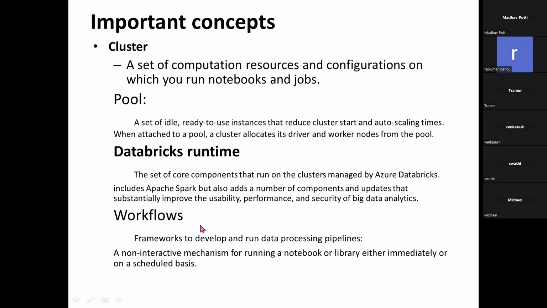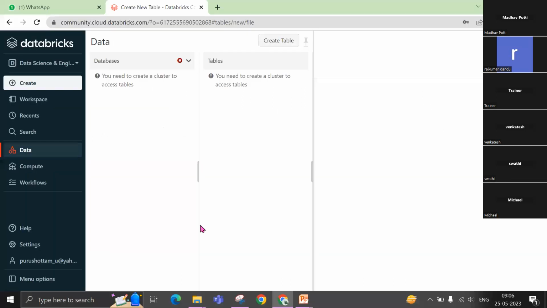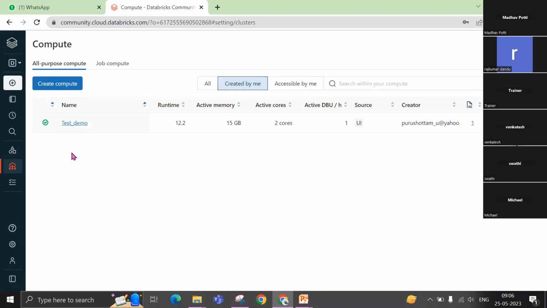Okay. So now the next one is cluster. What is a cluster? A set of computation resources and configuration to run the notebooks and jobs, right? So now I created a notebook and I wanted to run it, right? To run it, I need compute. I need storage and compute to do that. Without that, nothing works. Okay, so now go back and see there is one test cluster available,